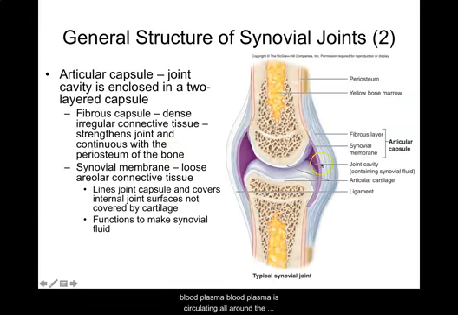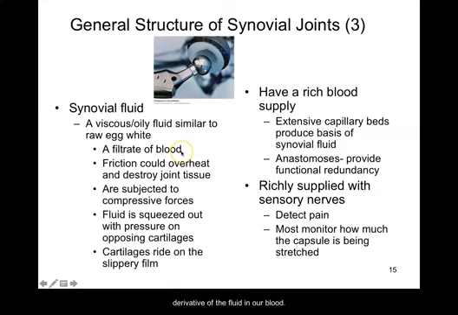Blood plasma is circulating all around the surface of this joint, and as blood plasma passes through any capillary bed, some of that plasma fluid leaks out and becomes tissue fluid, also known as ground substance. The ground substance in the areolar connective tissue in our synovial membrane percolates through the simple squamous epithelial cells and becomes synovial fluid on the inside of the cavity space. So ultimately, that fluid is a derivative of the fluid in our blood. In fact, all fluids in your body are ultimately derived from circulating blood plasma that leaked out